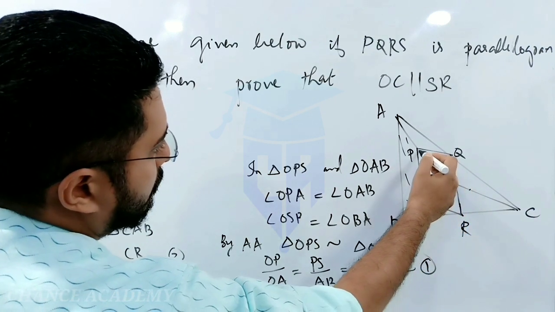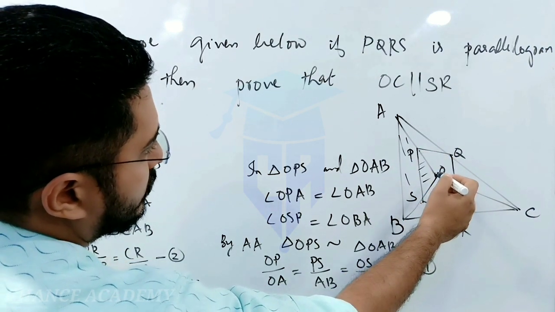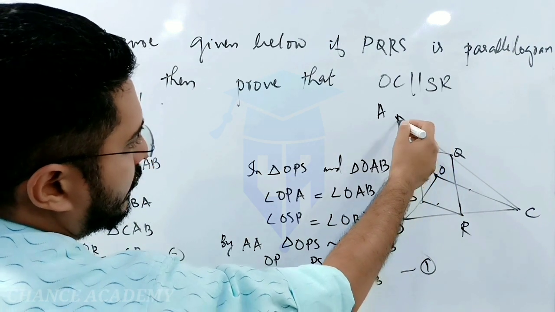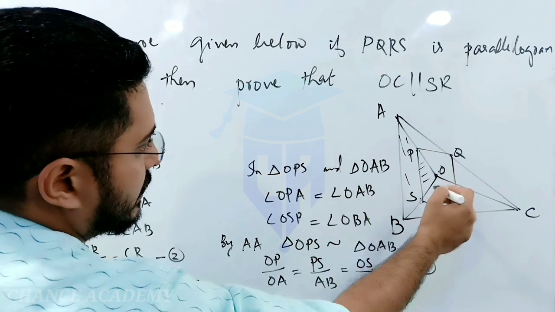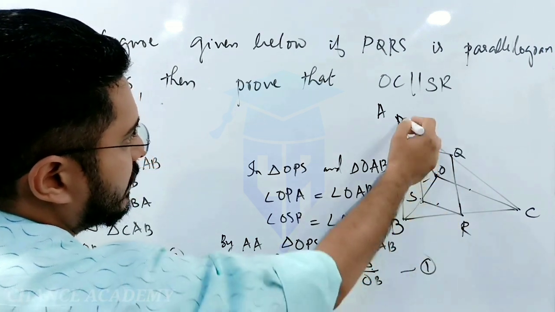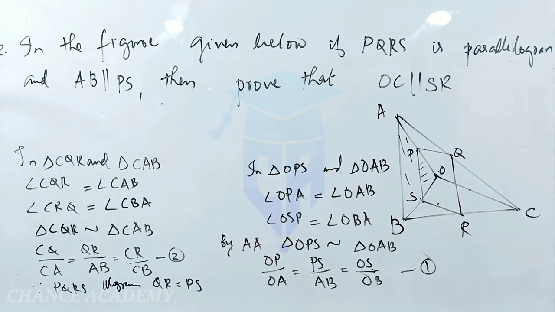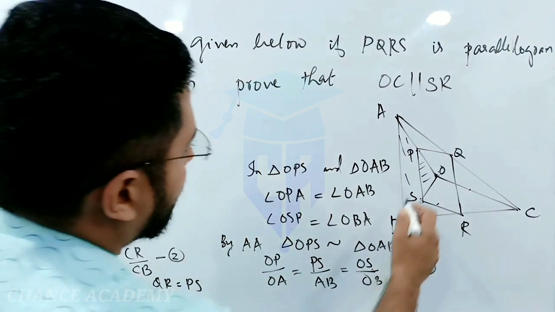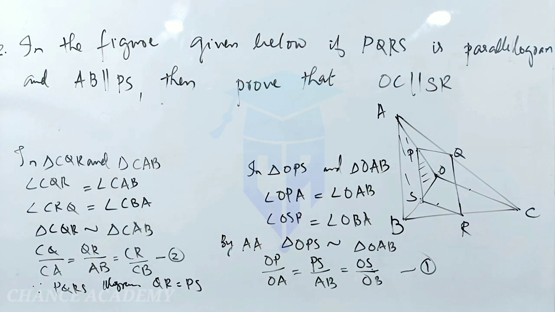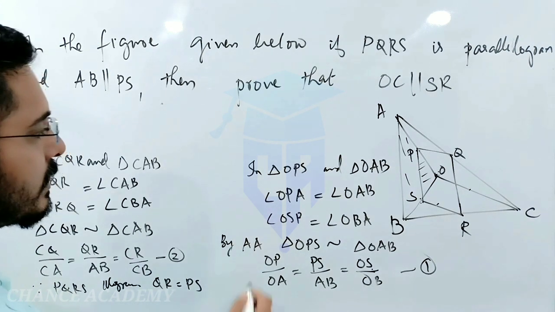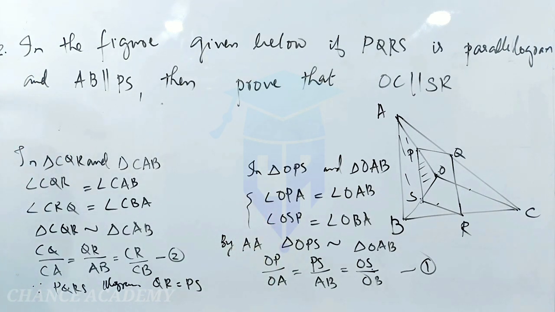Angle OPS will be equal to angle OAB. The same way, angle OSP will be equal to angle OBA. So in that case, since two angles are equal, that's based on the parallel criteria. These two angles are the corresponding angles formed when two parallel lines meet a transversal. Since two angles of these triangles are equal, by AA similarity criteria, we can show that